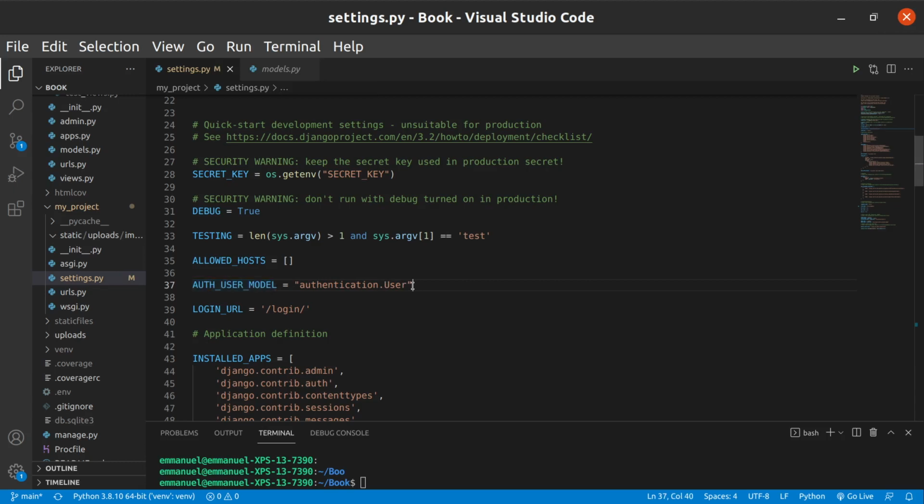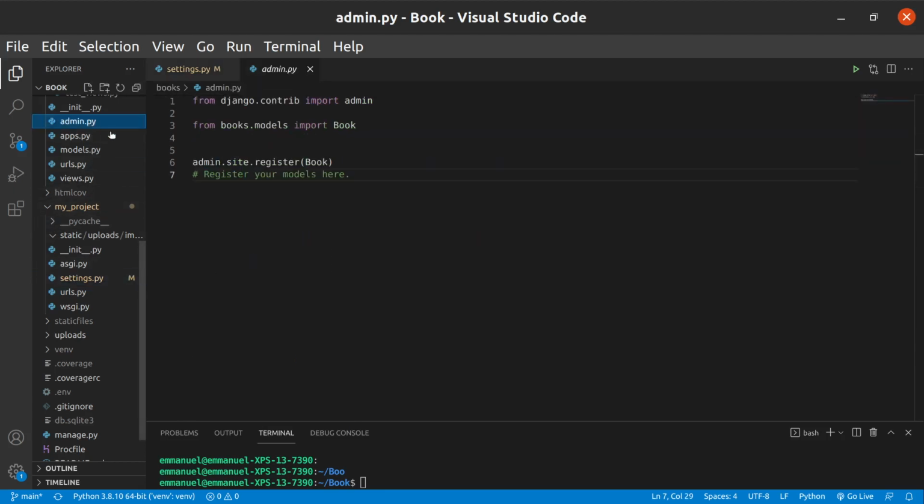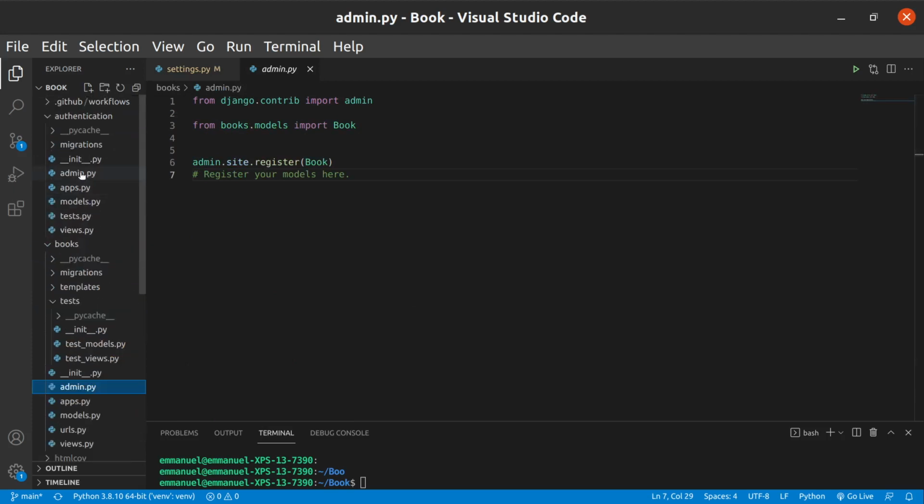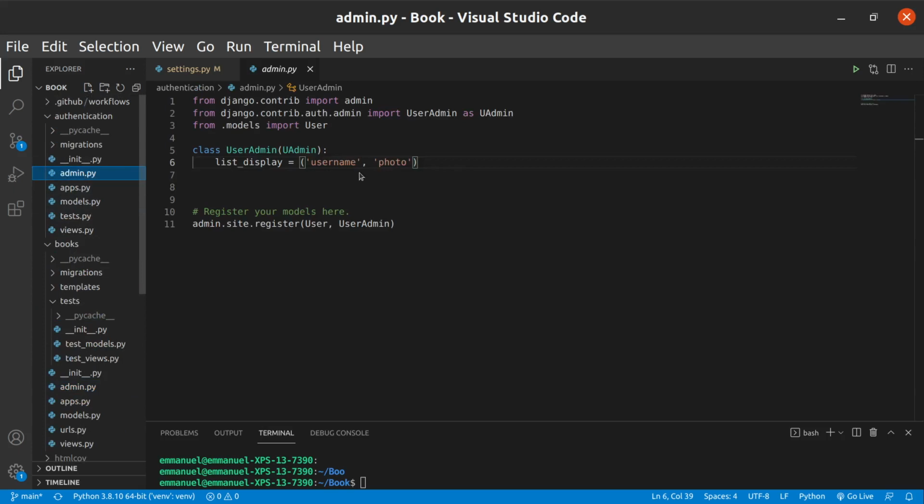Yeah, to make these changes take effect. Also in the admin area, a few things change actually in the admin area. Let me look for this app called authentication. Yeah, what changes is like